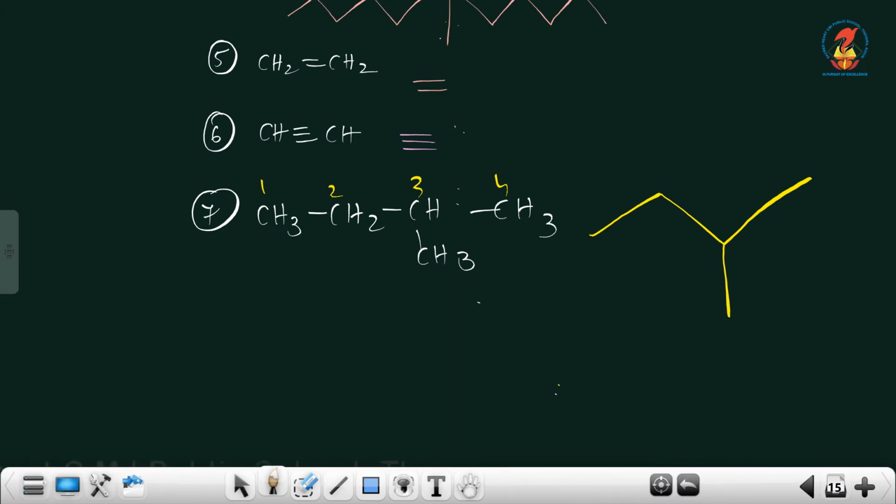if a bond line is given, remember all the terminals. How many terminals are here in the structure? 1, 2, 3 terminals are there. Remember, at all the terminals it will be a CH3 group if the terminal is a single bond. Okay. Now, here also one carbon, here also one carbon. Okay. Now, the next one is